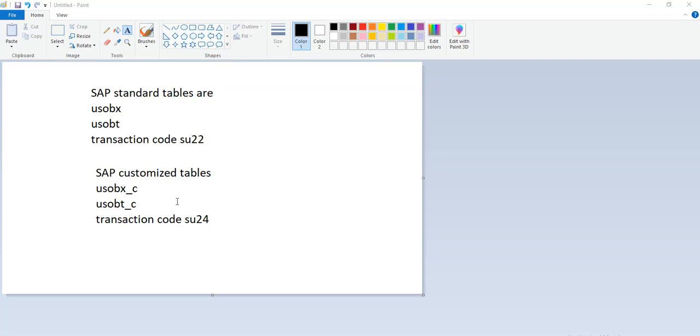Today we are learning about SAP standard tables. The SAP standard tables are USOBX and USOBT. The related transaction code is SU22. So SAP has provided